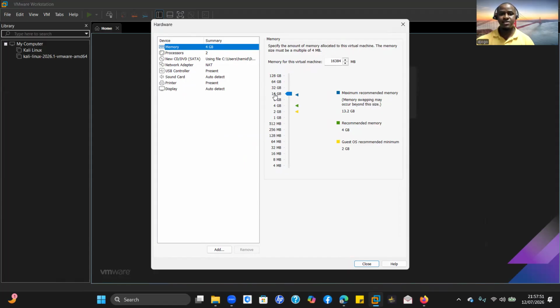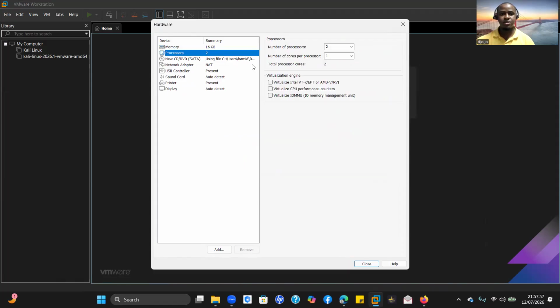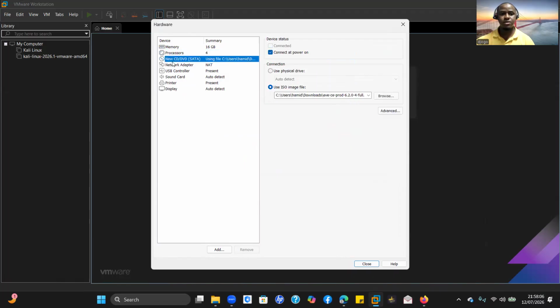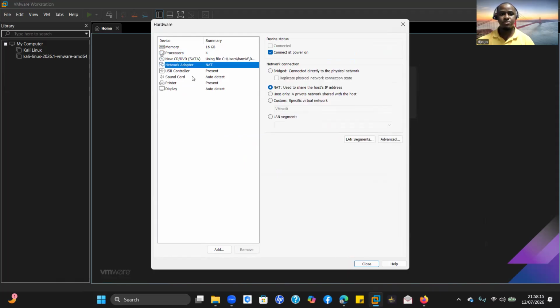I will give 16 gigabytes so the installation will be faster. For the processor, I will give 2. For the new CD/DVD, I will not do anything because the ISO image file is already here. We did it before. So for the network adapter,